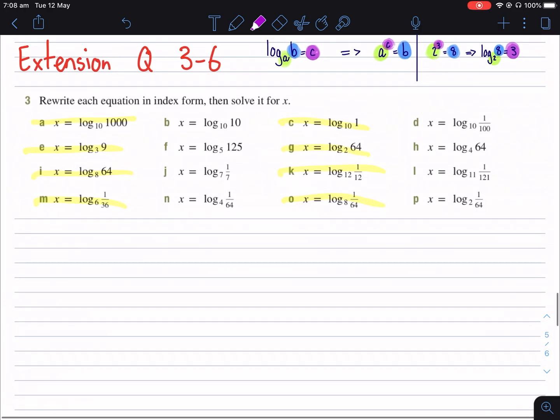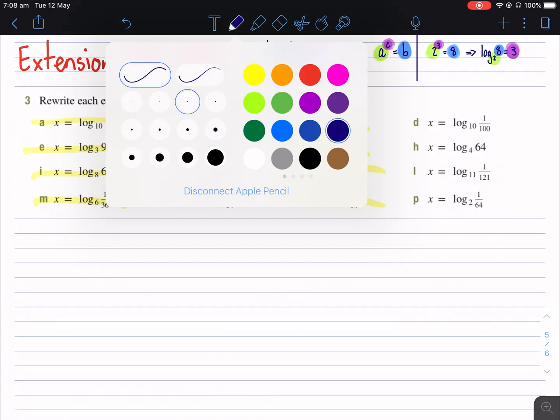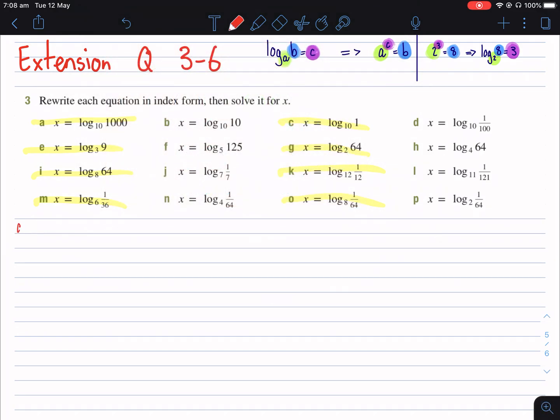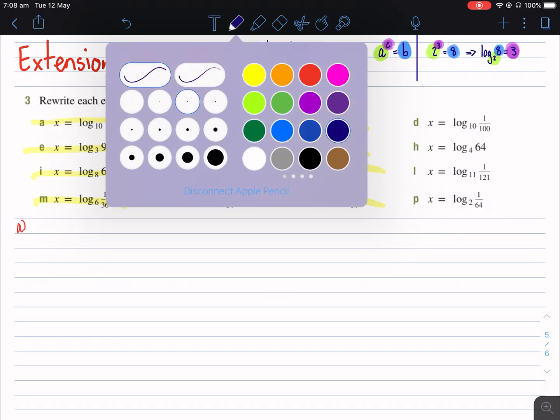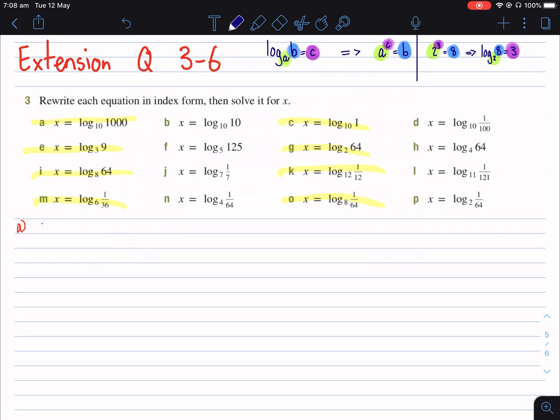So if we then have a look at x equals log base 10 of 1,000, well, we're trying to figure out 10 to the what equals 1,000. So we could rewrite this as 10 to the x equals 1,000. We want them both of the same base, so we're going to go base 10, and 1,000 is 10 to the 3, which means x equals 3. So it's just a shorthand way of writing